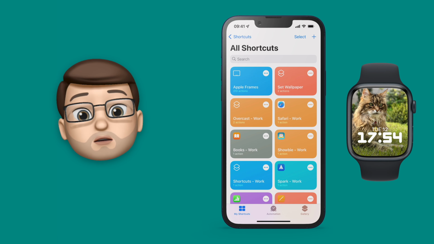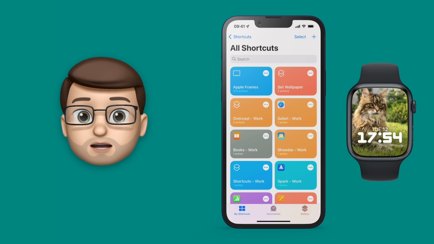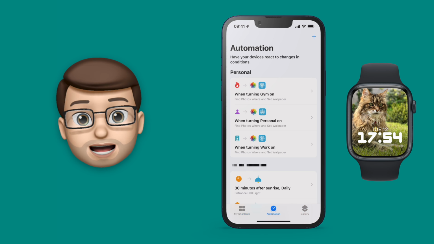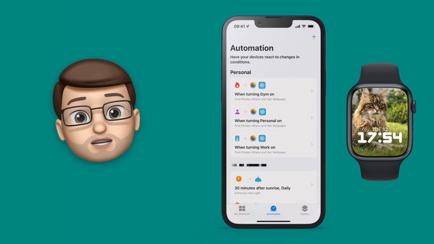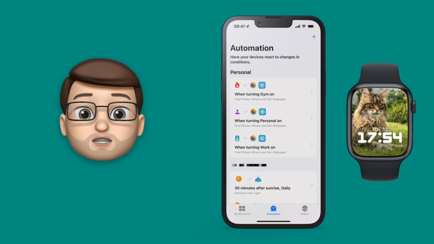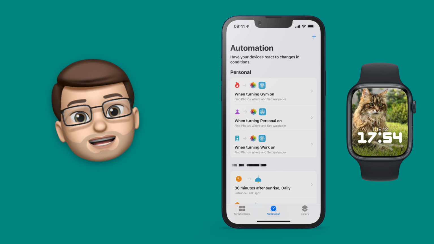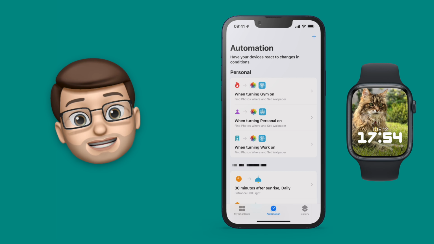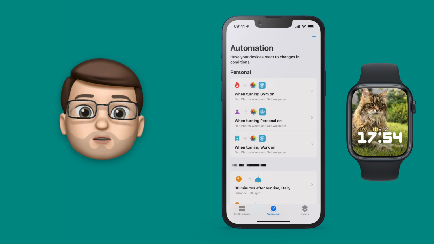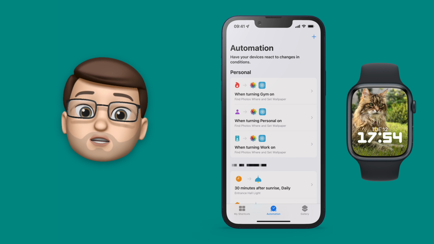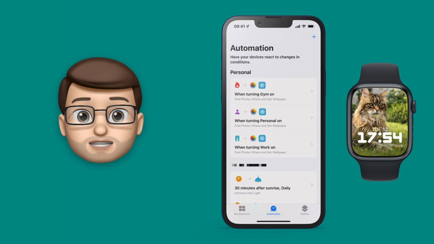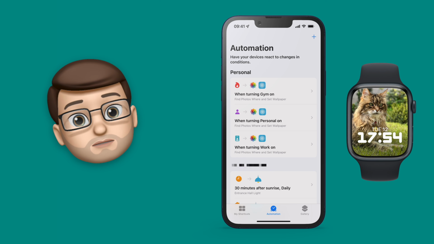Now, as soon as we open the Shortcuts app, at the bottom we have a tab bar, and we're going to tap onto the Automation tab. From here, you may see I've already got a couple of different automations that are triggered when my focus mode changes. For example, when I arrive home, I can then have my home focus wallpaper changing. We're going to create a new automation for this first one, although you could add this step into your existing automations, and I'll show you that in a second.